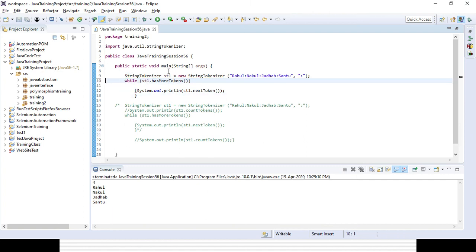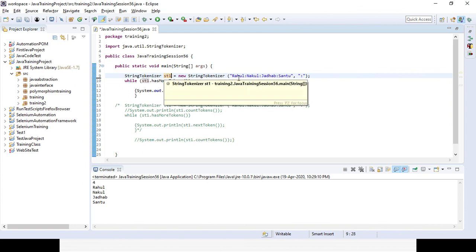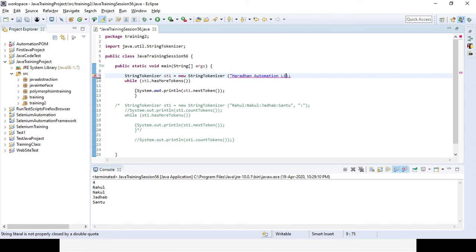Okay. Suppose I am creating a new tokenizer, where I am passing automation library Java training. Everything is separated by space, and I am not giving any separator, using the comma.